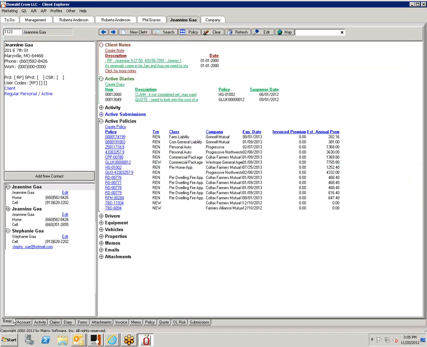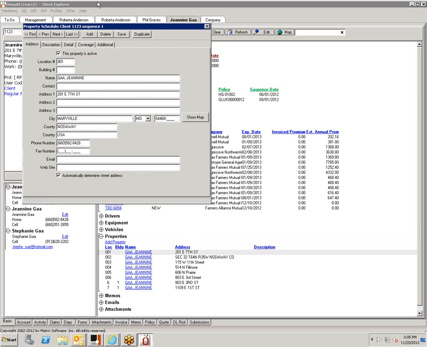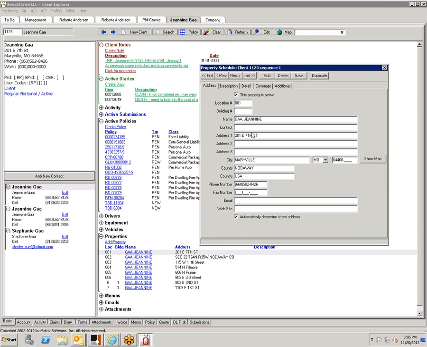You can also manage it here on the front screen. And instead of putting her name, once I decide that 7th Street is attached to a certain policy, instead of having her name there, I would put her policy number. Let's say this one was RD. I know it's not, but I'm just showing you.